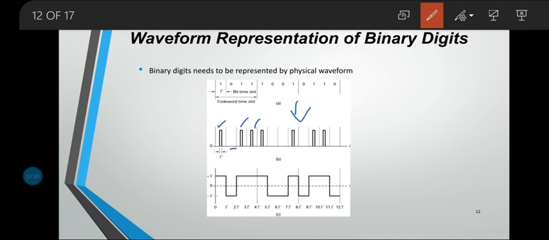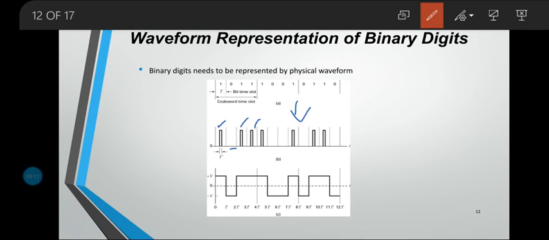Now at the receiver end, how do they determine the presence or absence of a pulse in each bit time slot? The likelihood of correctly detecting the presence of a pulse is a function of the received pulse energy. If the pulse energy at that bit time slot is high, or maximum, then we decode it as 1. If the pulse energy is low at the next bit time slot, then we decode it as 0. That is how we can code and decode.